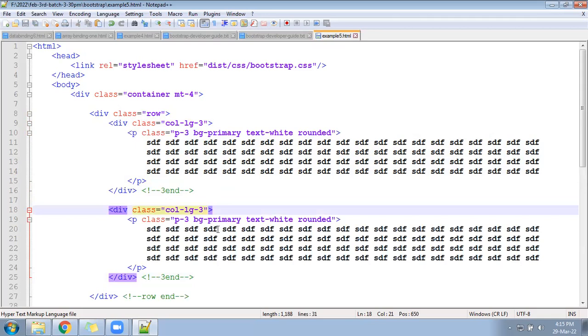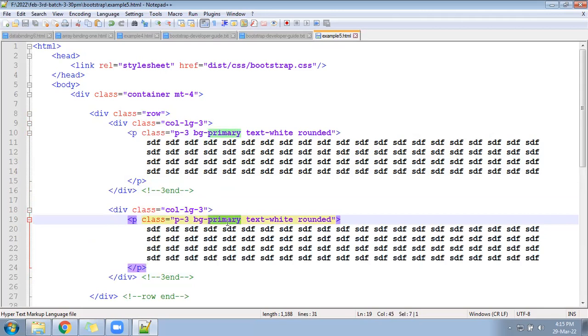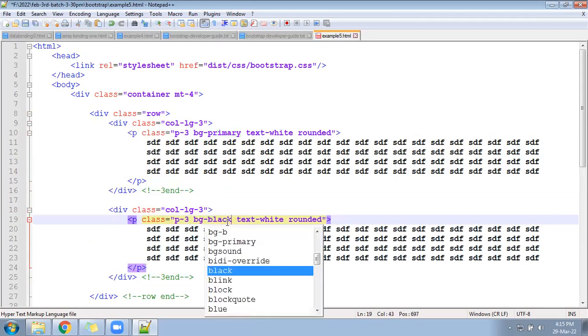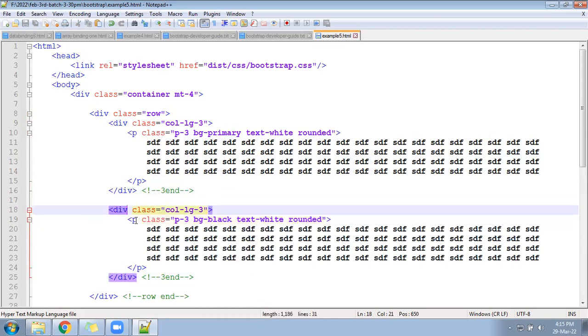Right here call BG hyphen dark or maybe black. BG black, text white. So background will be fully black color and text will appear in white color.